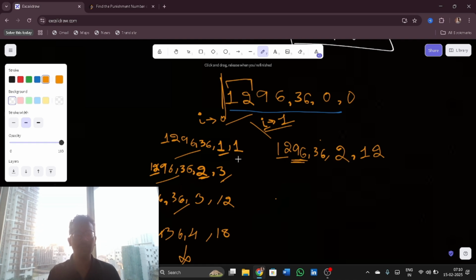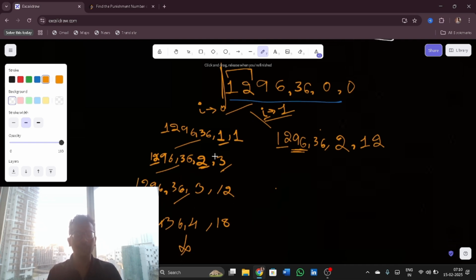So if I do the same here, my part will be like, if I take only one, it will be 1, 2, 9 and 6. So here 1 is the part. That means my part starts from 1 to 9, 6. So instead, if I take two numbers, then 12, 96, comma 36,